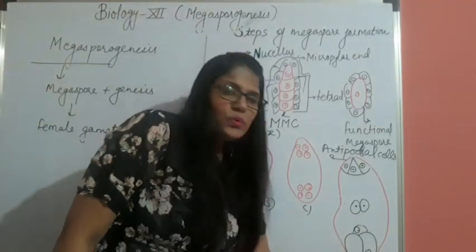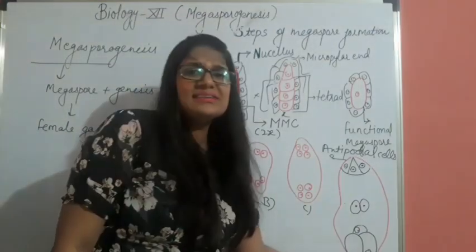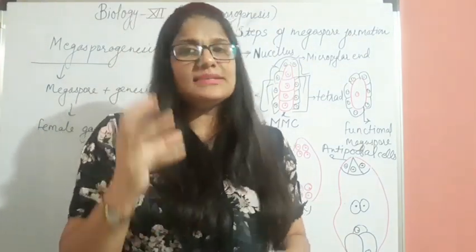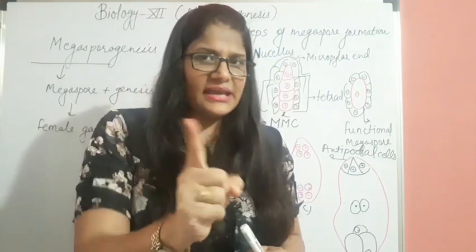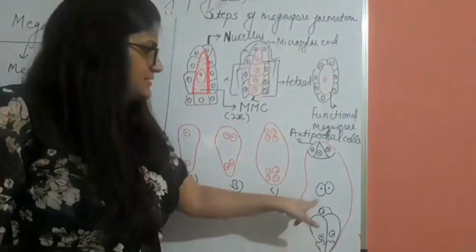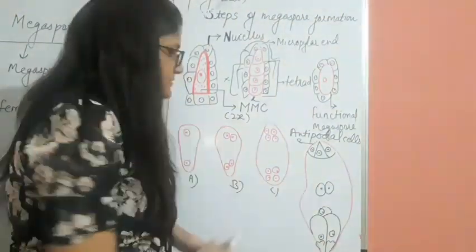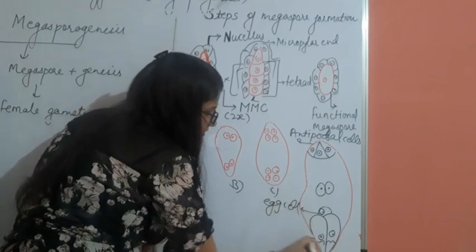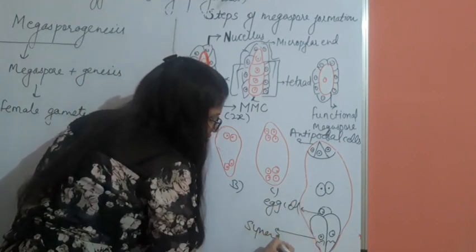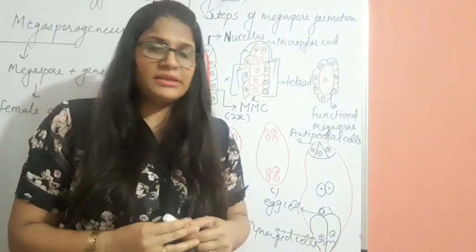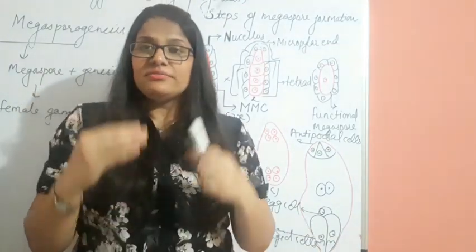Then towards the microphyll end, 3 cells are present, and the structure which is present towards the microphyll end is called the egg apparatus. It has one egg cell and 2 synergid cells. So when you see the diagram, this is the structure of an egg apparatus. This is the egg cell and this is the synergid. The egg cell is the megaspore or the female gamete, haploid female gamete, whereas the synergid cells will help in